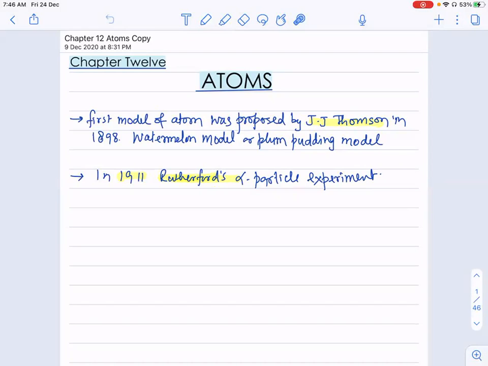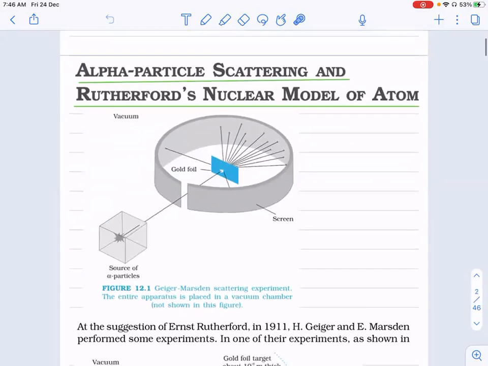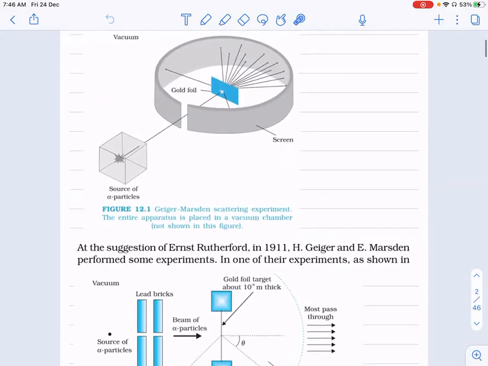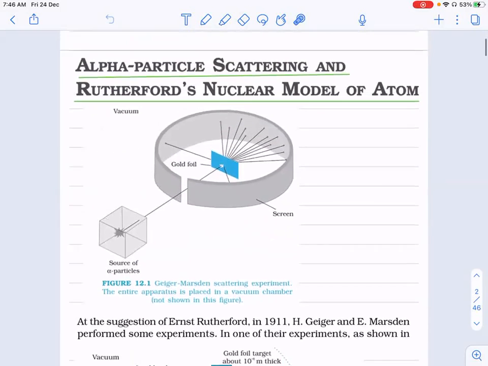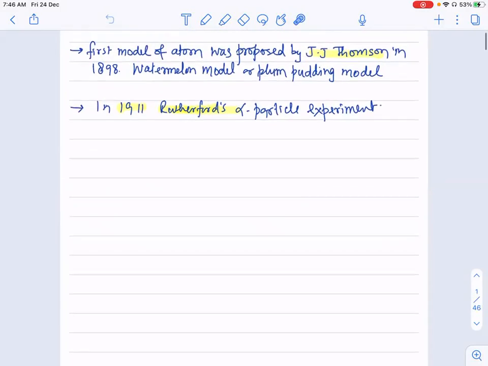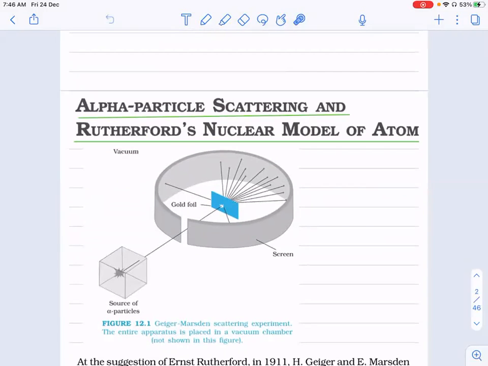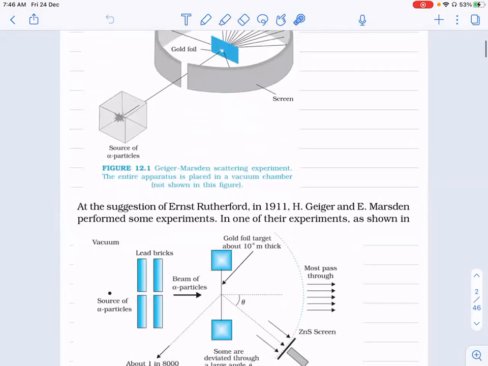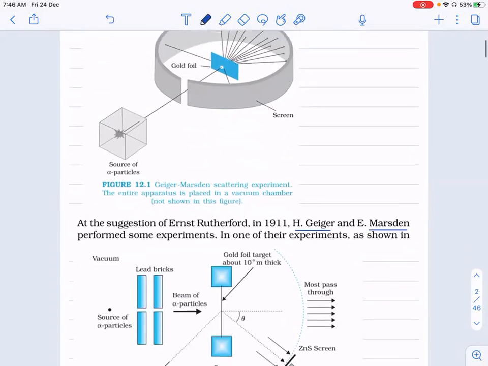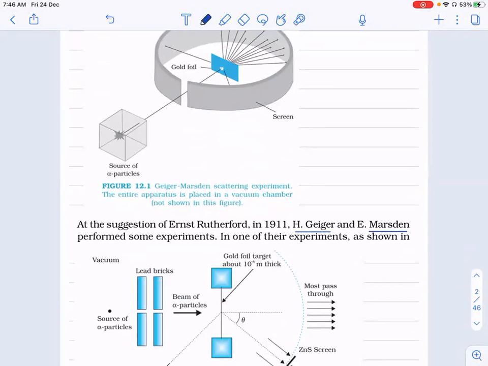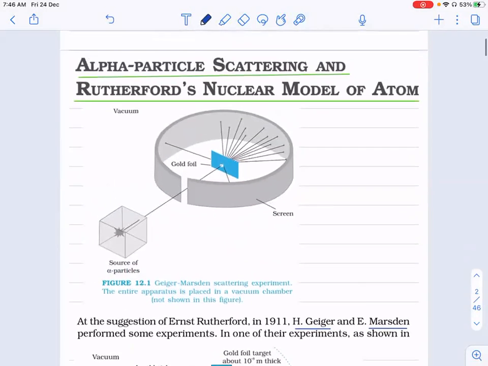So under his guidance, two scientists named Marsden and Geiger, दो साइंटिस्ट जो है, these two scientists were asked to sit down in the dark room and do the experiment,